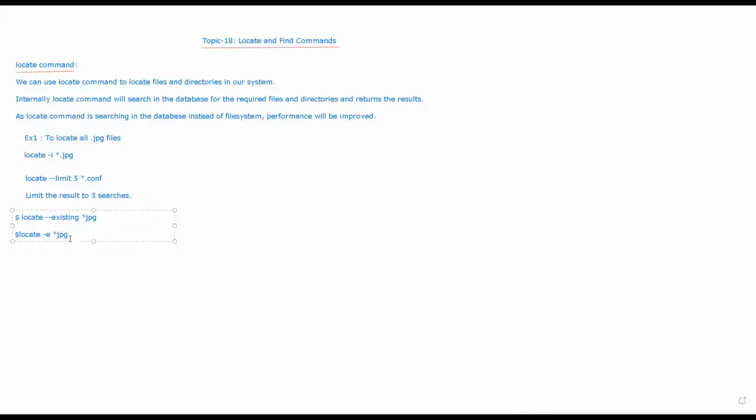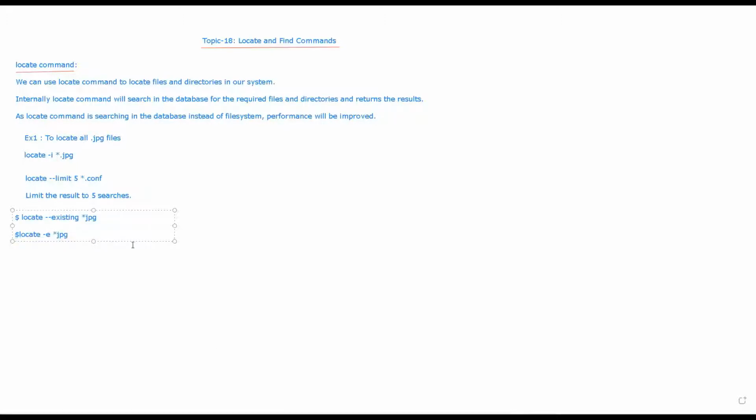So what it will do is check whether the file exists or not, then it will give you the result. Before displaying the result, it checks whether the symbolic link points to the original files or not. So we have to use the -l option or the follow option. If you use the follow option, the broken symbolic links won't be displayed in the output. So this is about checking the existing file.